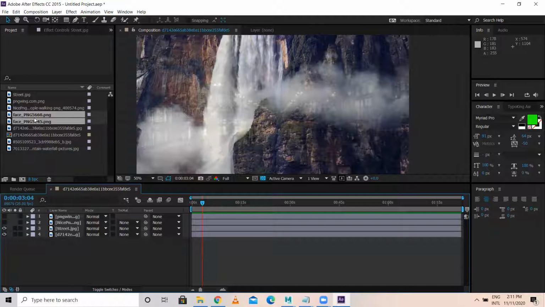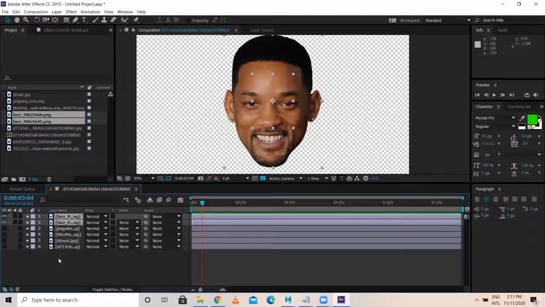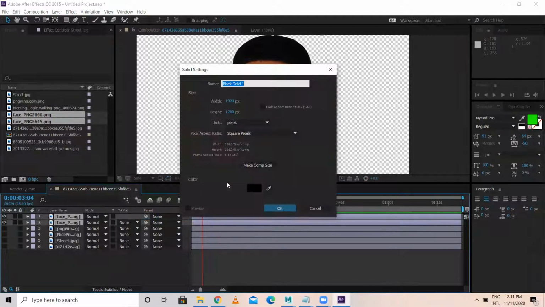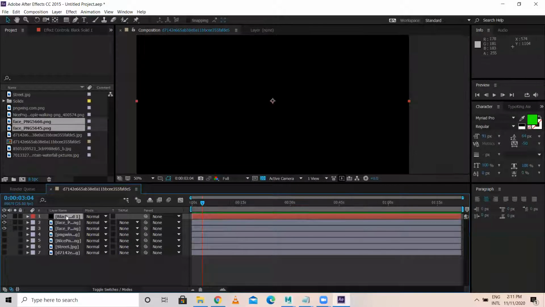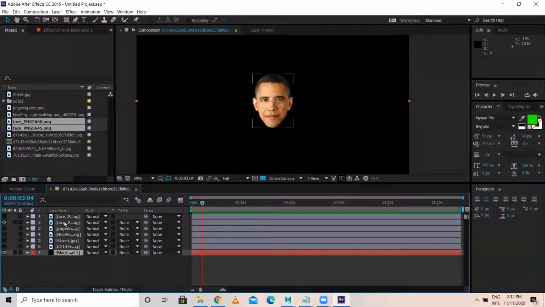What I'll do, I import this to here. I'll turn off this. I'll add a black solid over here in the bottom. Now you see our superstar Will Smith and Obama.